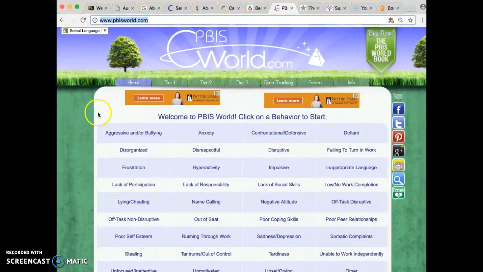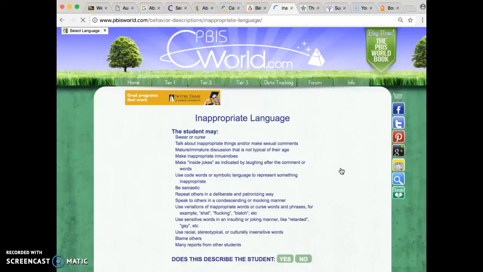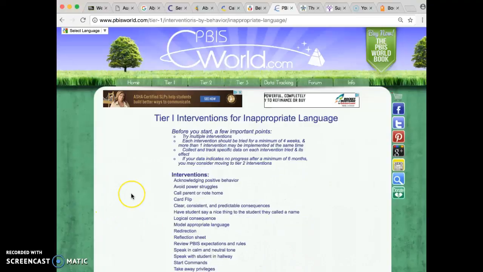That also brings us to the next one, which is PBISWorld.com. And here I love this website because it actually gives you all these different behaviors, and then you can click on them, and it says inappropriate language, and here are the different things that you might see. Is this what you mean by inappropriate language? You say yes, and then here we go.